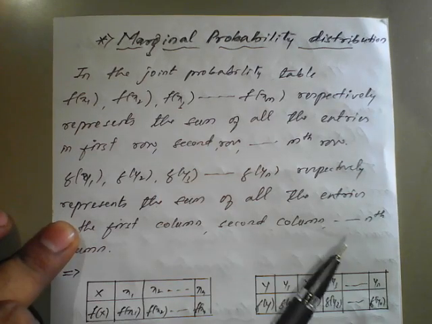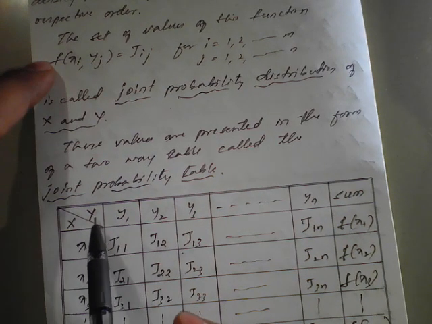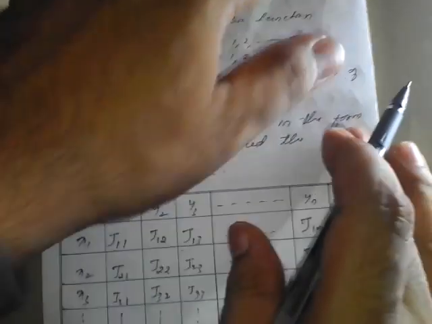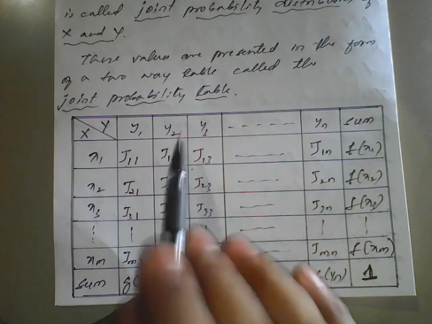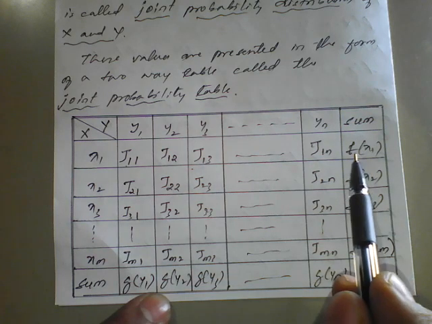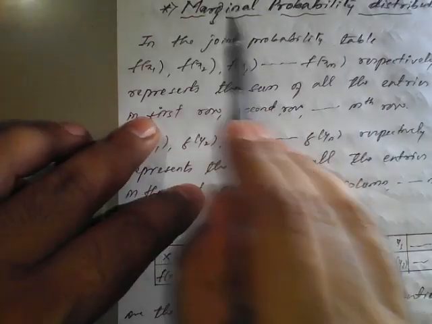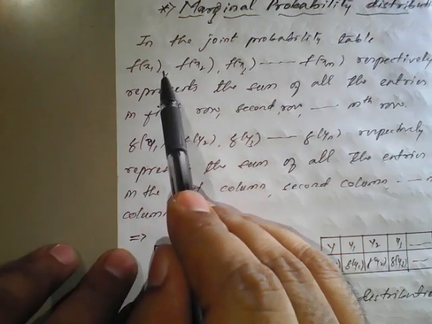Marginal means these marginal values. So for y1, y2, y3 and so on, yn is a margin, and with respect to that, g1, g2, g3, g4 and so on, gn is the margin for both. And x1, x2, x3, with respect to this, f of x1, f of x2, f of x3 and so on are nothing but the marginal values for this.